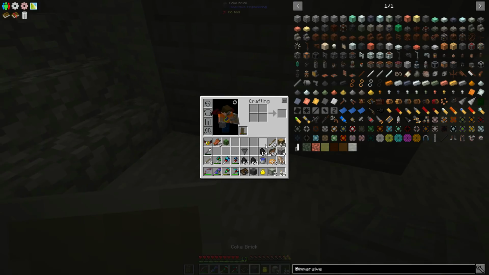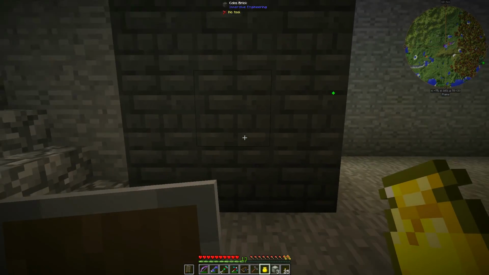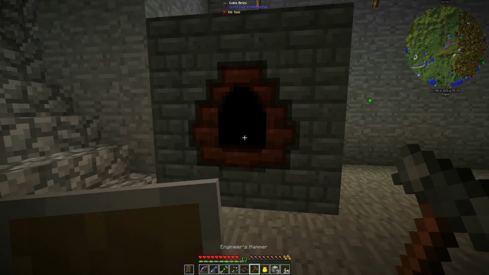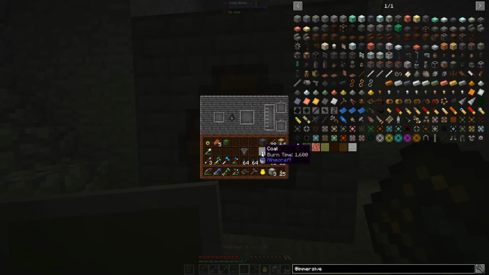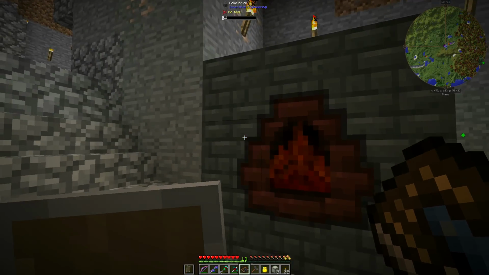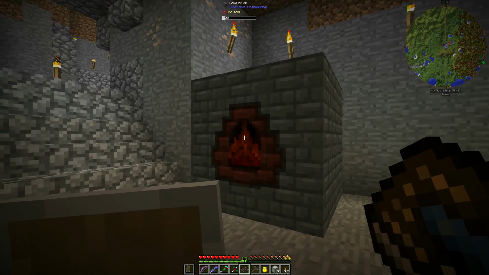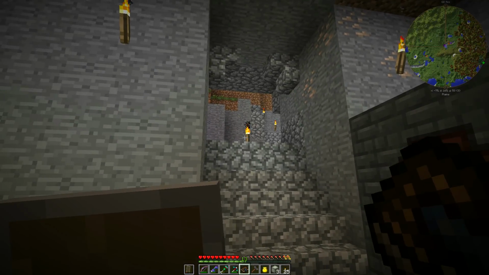Alright, now, what I need is my hammer that I actually didn't craft. I got this from a village. There's that. Alright, and now we just throw some coal in here, and it'll smelt into coal coke and give us creosote oil. So we're going to need a way to handle that as well. But yeah, we're going to need that creosote oil to make the